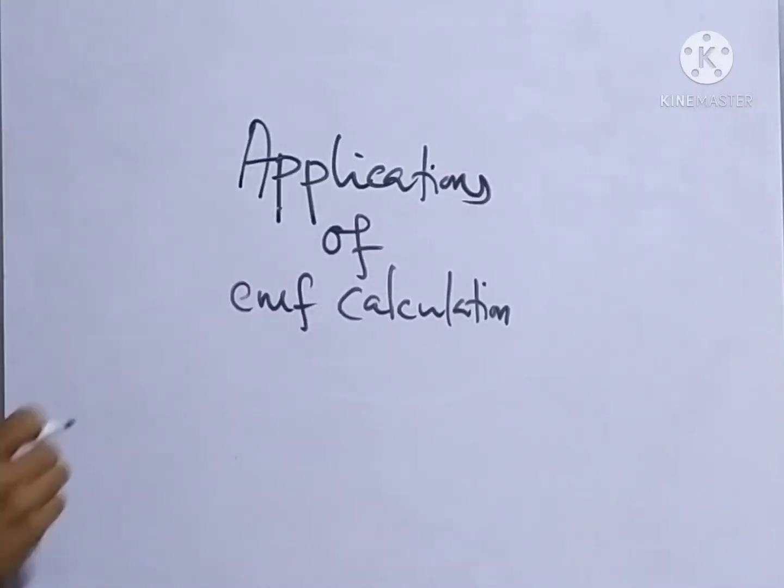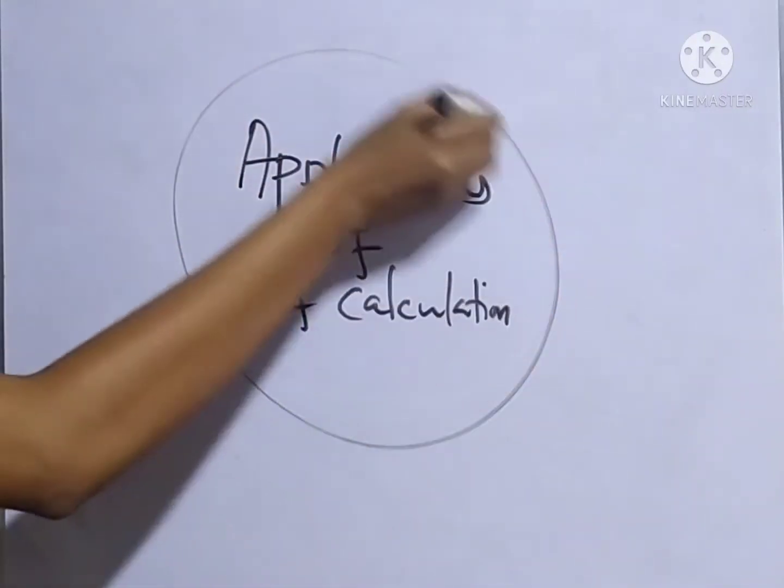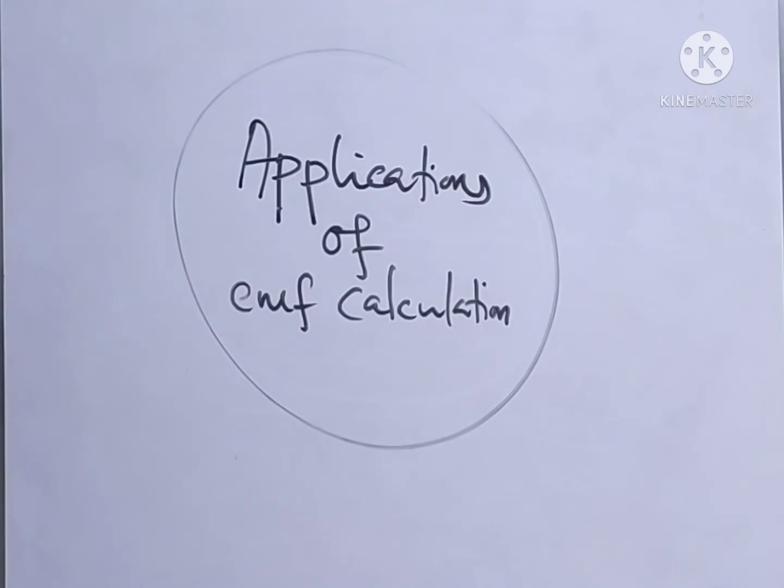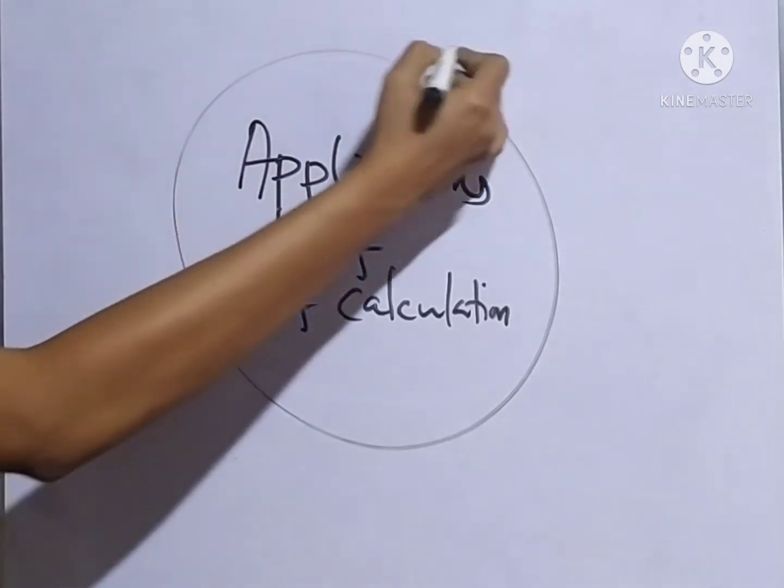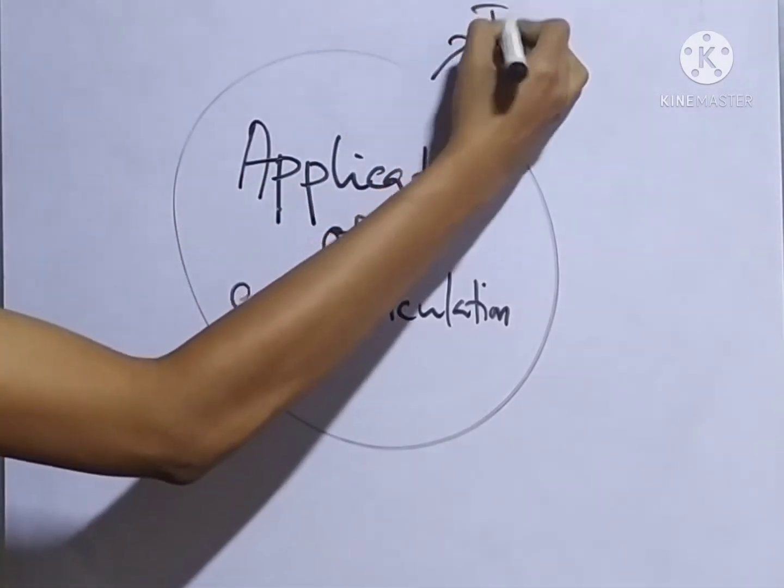Hello all, this video is about the applications of EMF calculations. EMF calculation can be used to determine some other parameters. For example, by using the measured EMF or the calculated EMF, we can find out the ionic product,